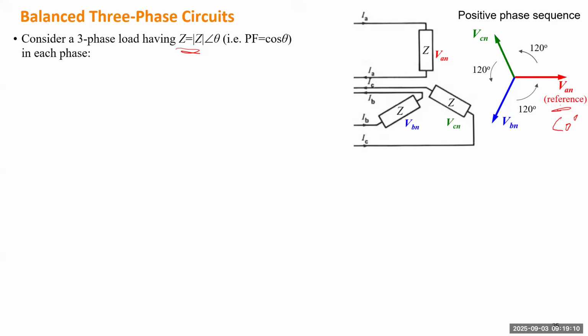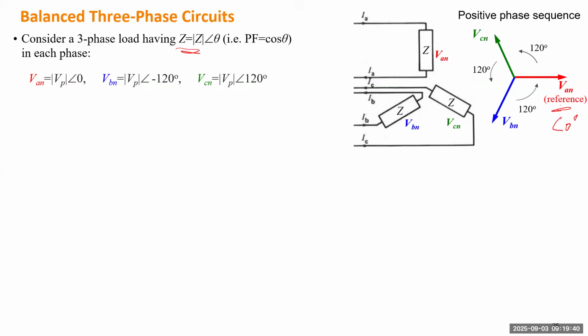When you took a 325, you may have learned about negative phase sequence, because sometimes if you study the motor, you want to reverse the direction of rotation. So you want to switch 2 phases. But here in generator, we always assume A is leading B, B is leading C, which is positive phase sequence.